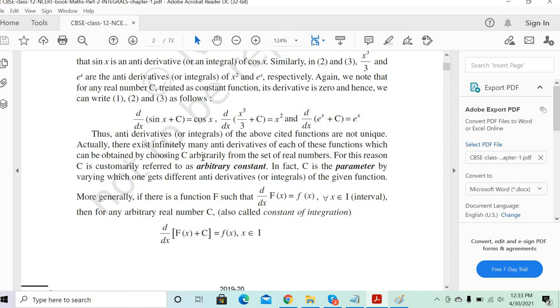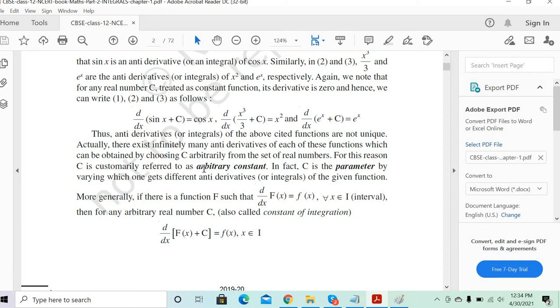The problem is that for any function, if it is sin x plus c, when you take the derivative, it will be cos x only. When you do sin x plus 2, sin x plus 3, sin x plus 100, you will get the same answer as cos x, isn't it? Because the derivative of any constant number is 0 only. So, how will you identify the unique function now? In order to identify the unique function, we use the arbitrary constant. Correct? So, we attach the c value. We keep the c value so that the function becomes unique. Got it?